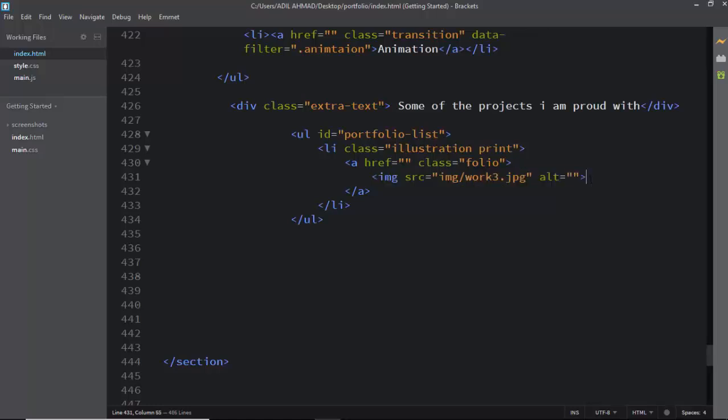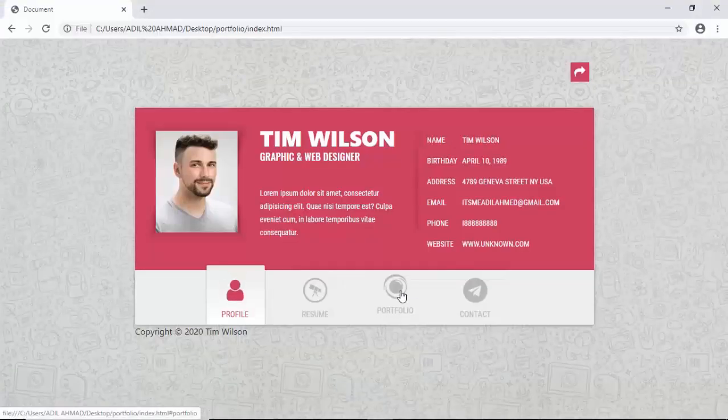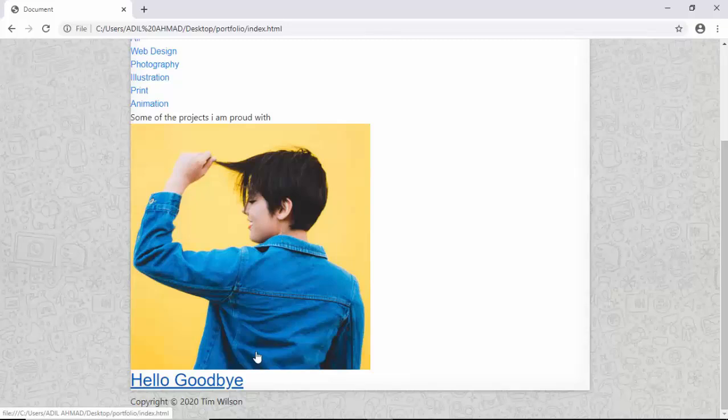Right now, just coming down to this and taking a heading tag like h2, this will be containing the class as well. So very first I'm putting hello, goodbye. You can put any text. Okay, it is the heading tag which will contain any text. Right now I'm putting the class called title. Let's have a look at what we are getting right now. Coming inside the portfolio, you can see we are getting the image right here, and at the very bottom